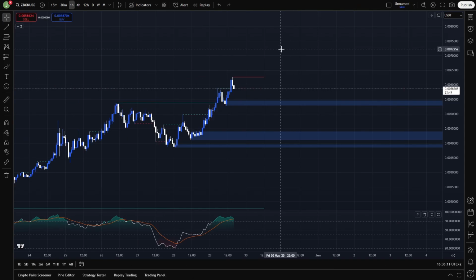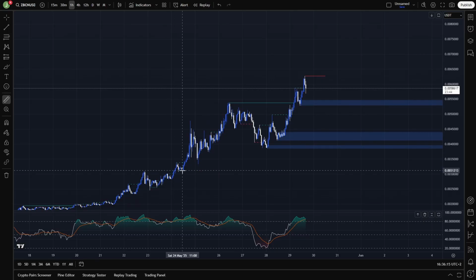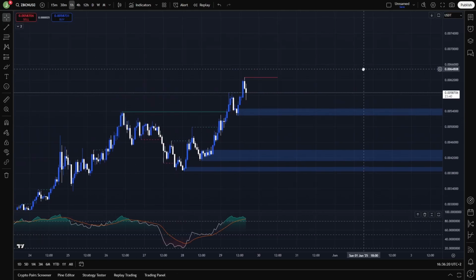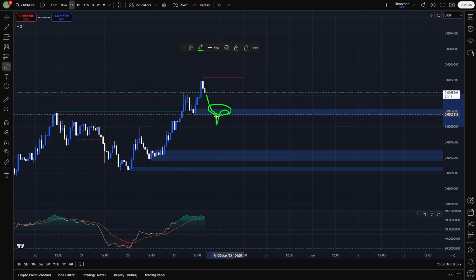Let's start today on a 1 hour chart. If you are watching this coin, you know that for the past couple of days we are pumping here absolutely like crazy, but let's now take a look at some potential setups that you can take to open a long position. First possible setup will be valid in case of a liquidity grab under this bullish order block area, which is between levels 0.005460 and 0.005293. If there will be a liquidity grab, we also need to wait here for the price to pull back